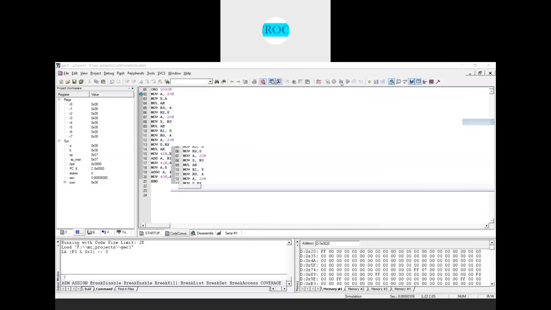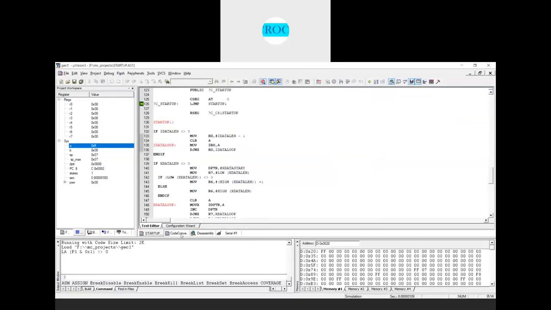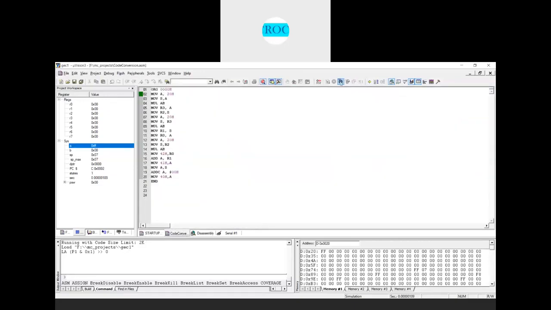Now here, first I'll copy the content FFH into A and B register, so that A is having FFH, B is having FFH. Now I'll perform the multiplication, and what is the result we have? What we have is FE 01, right?